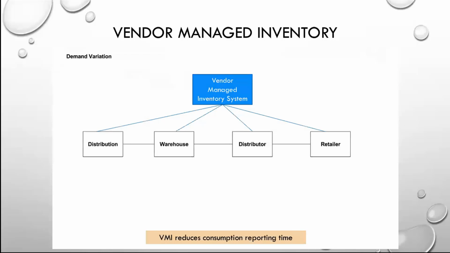We're going to talk about make-to-stock and make-to-order contracts. This is a very important concept within this regard, because the type of contracts that you create with these entities is going to determine the ability of the vendor to encourage these groups to place materials in the system. As you can see, this requires a lot of trust on everyone's part. As you can see from the bottom, VMI reduces consumption reporting time.